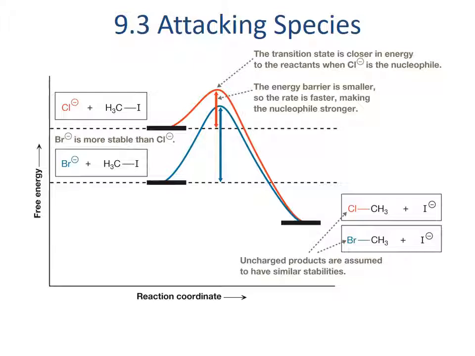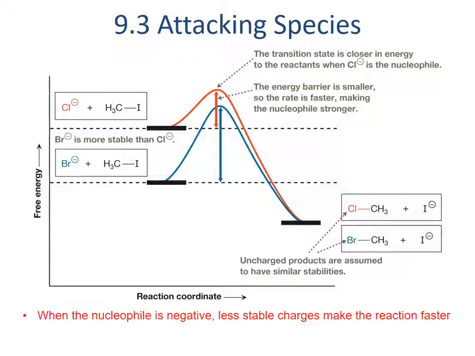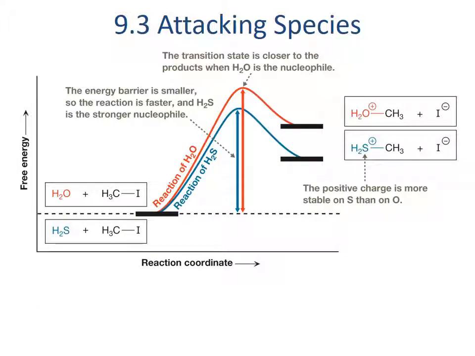Chlorine will be a better nucleophile, which leads us to an important rule. When the nucleophile is negative, less stable charge makes the reaction faster. Notice that when we